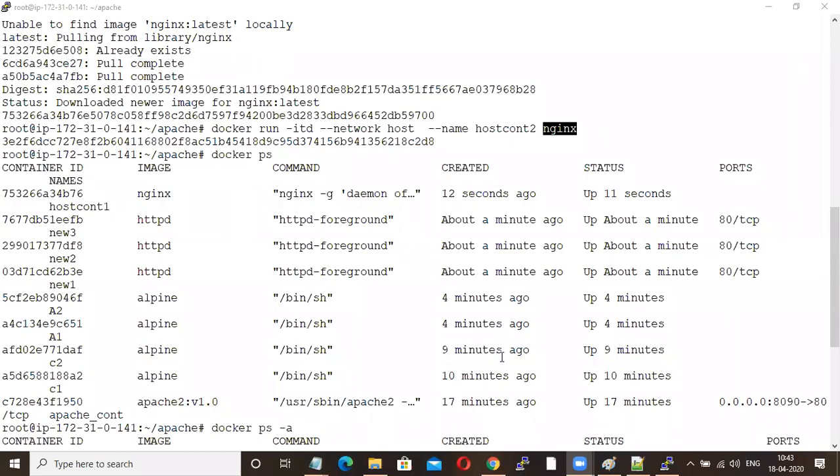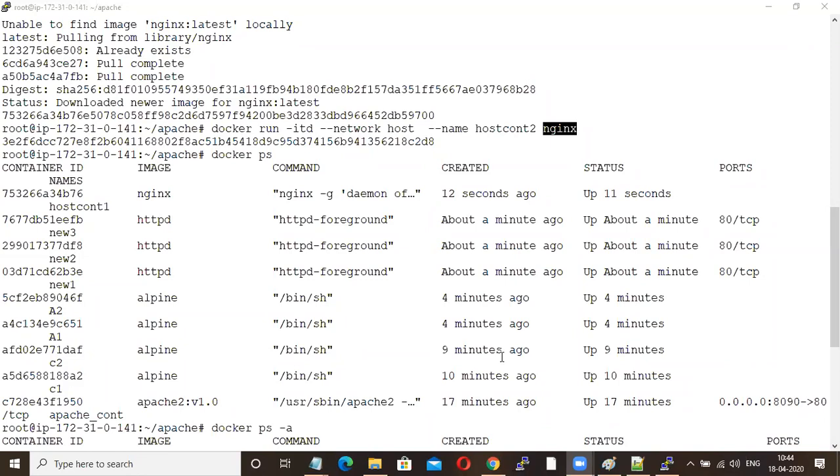See, in bridge network, there will be isolation between your Docker machine and your Docker container. Each Docker container will have a separate IP, correct? So you can launch n number of containers. You can launch n number of Apache containers just by changing the name, if you go for bridge network.